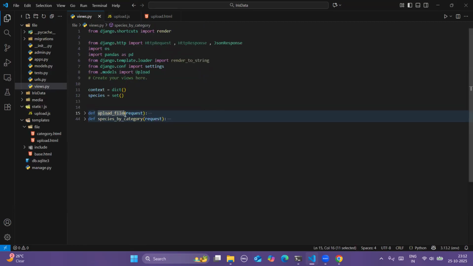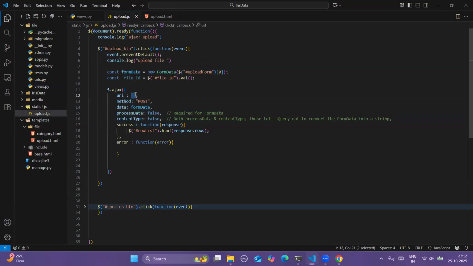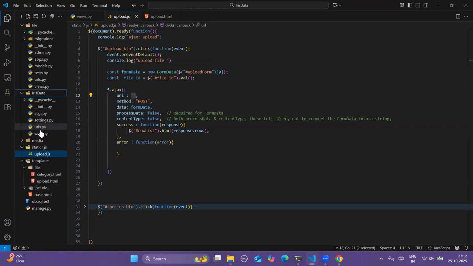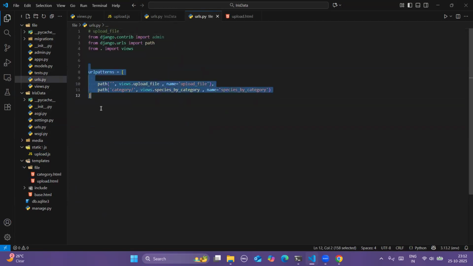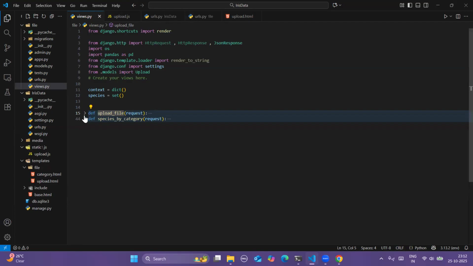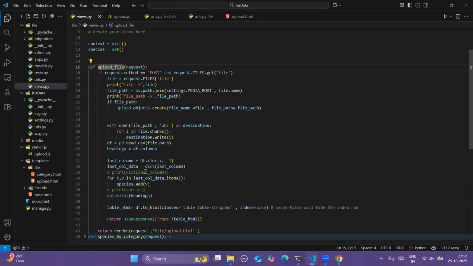When this part executes, the system will come over here and it will go to the view. Inside the view, upload file will be invoked. How will it be invoked? Again, it will follow the URL. So this URL will come over here, the ID status and URL. From here, as you can see, it will match this URL endpoint and navigate to this file, app, and over here again, it will get matched with this endpoint. And from here, when I go to the upload file and open this,